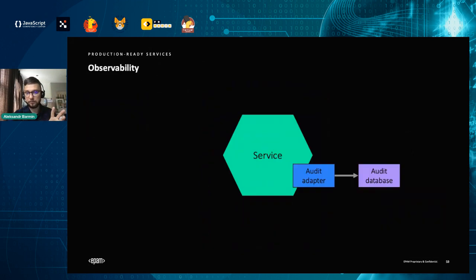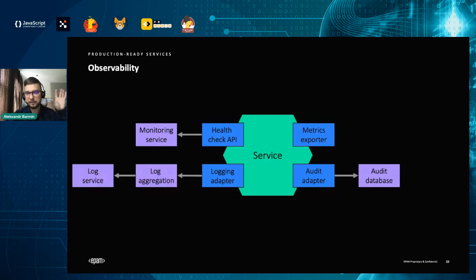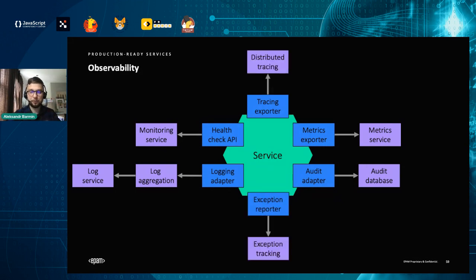Another, and I suppose this is the most important bit, is you need to make your service observable. What does it mean? It means that your service should report on its state: whether it's healthy, whether it's sending all the logs to the proper place, whether it's publishing metrics. All these should be available somewhere. The reason is because